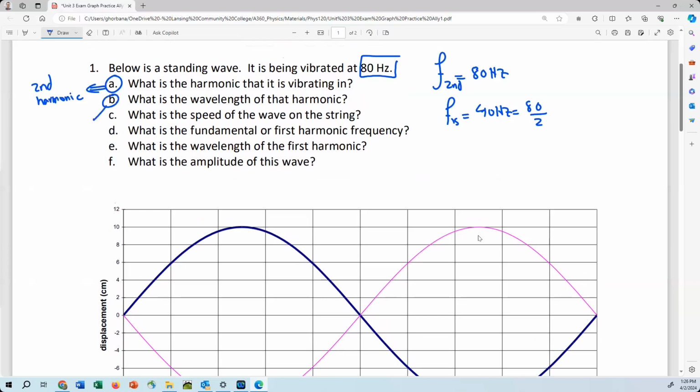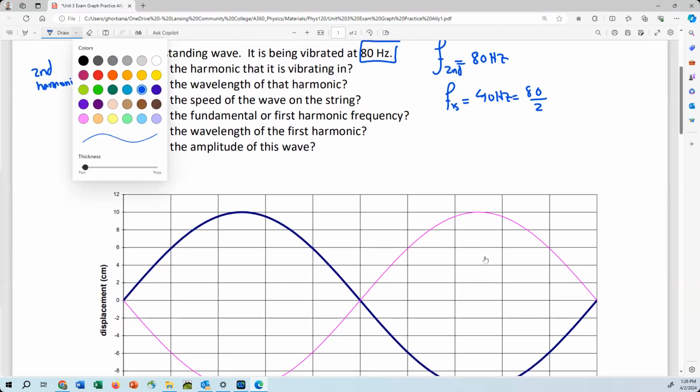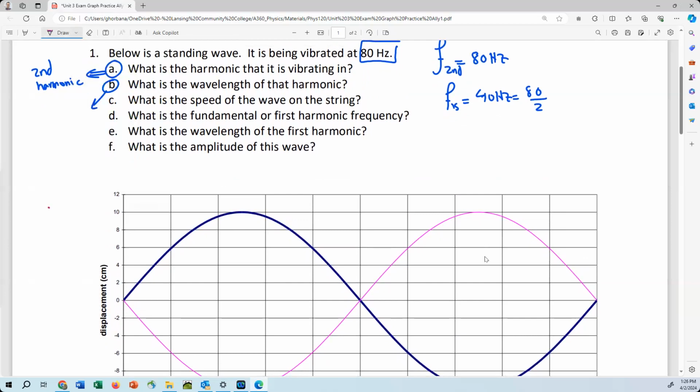What is the wavelength of that harmonic? It means, what is the wavelength of the second harmonic? I look at the graph here. You see here we have two loops. Each loop represents half a lambda. From here to here is half a lambda, and from here to here is